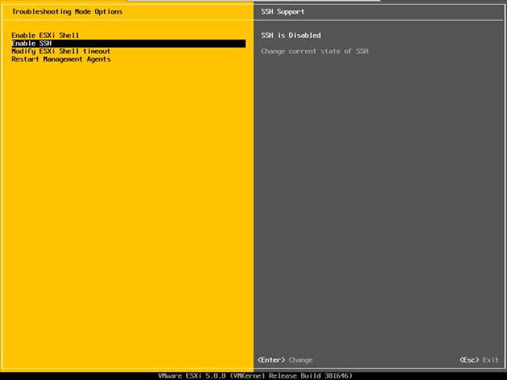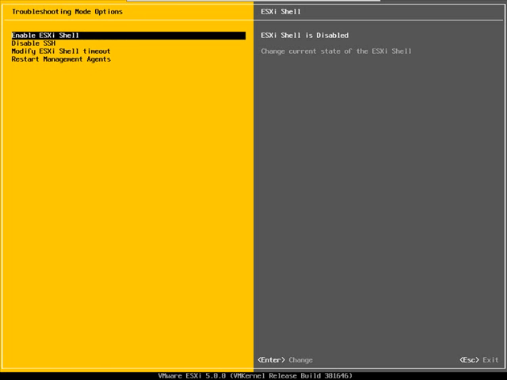So all we have to do on these is press Enter like that, and we've enabled remote tech support mode, or the SSH server. You would then use an SSH client to connect to the ESXi server so that you could administer it from the command line. And then the same thing here for tech support mode, which says enable ESXi shell. I'll press Enter on that. Now it changed to disable ESXi shell, and you see on the right hand side it says ESXi shell is enabled. And that's how we enable the local command line interface and the remote command line interface over the network